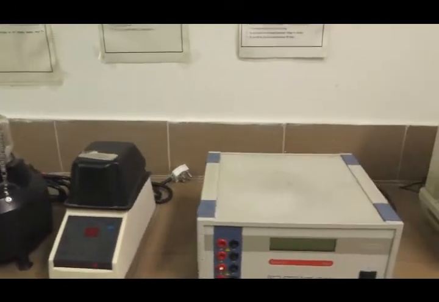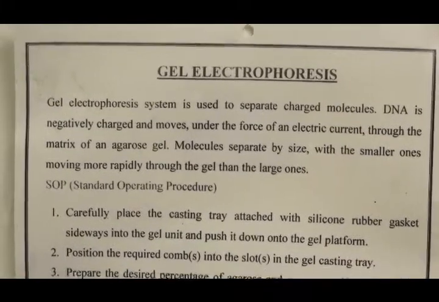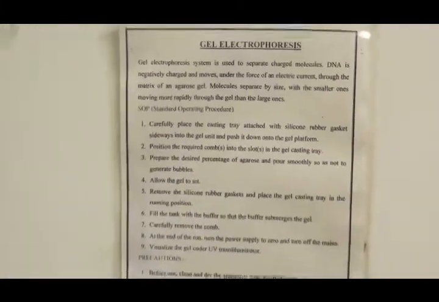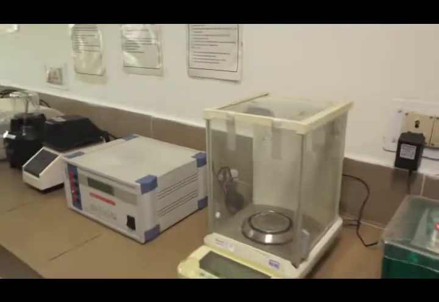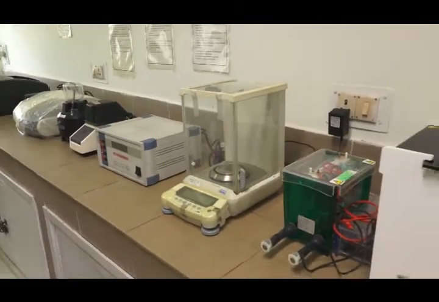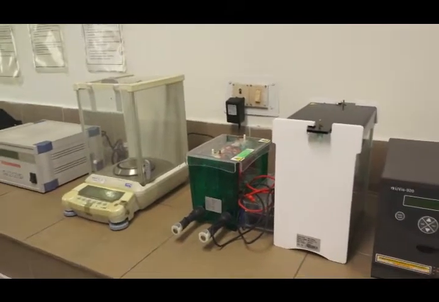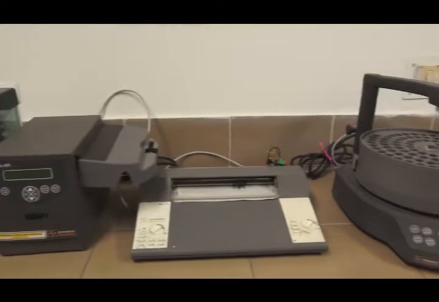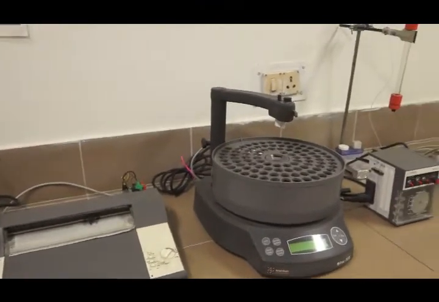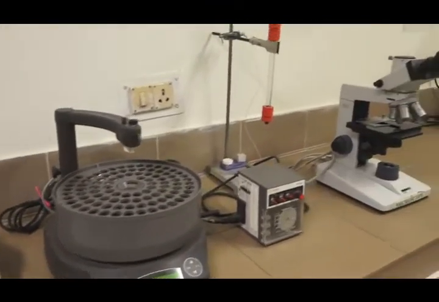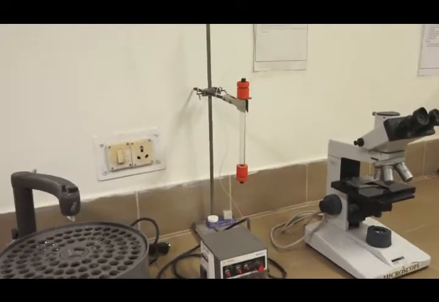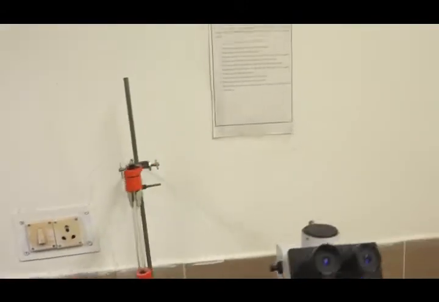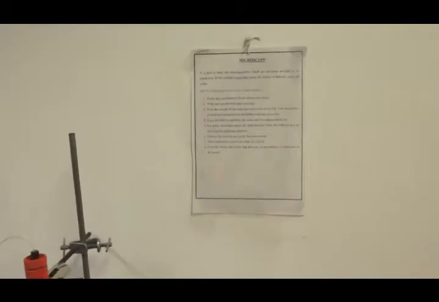Here we have the weighing balance, and this one is the fraction collector. This is used for the separation of mixtures by the process of fractionation. It can be used either alone or with any other chromatography system. So here is the microscope, used to check the bacteria on the slides. Next, we have the probe sonicator, used to sonicate the samples, basically liquid samples.